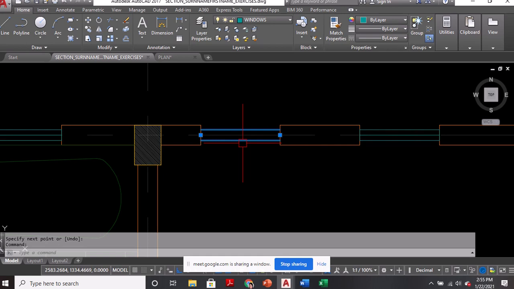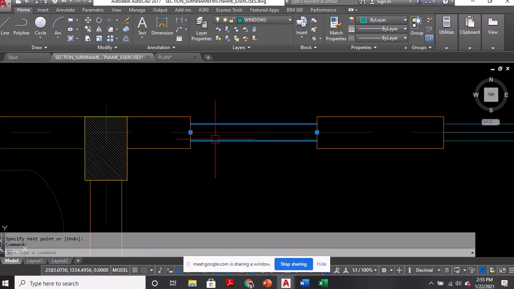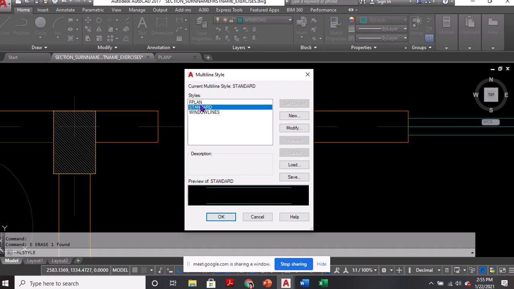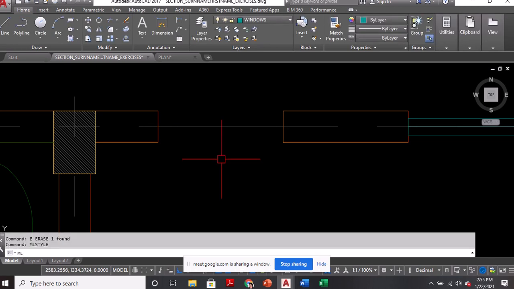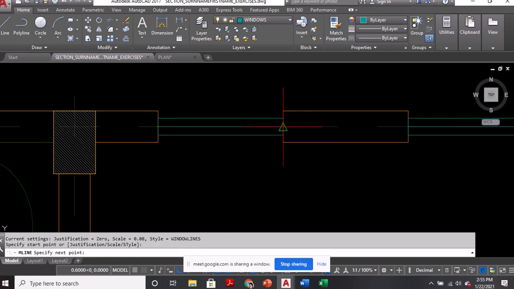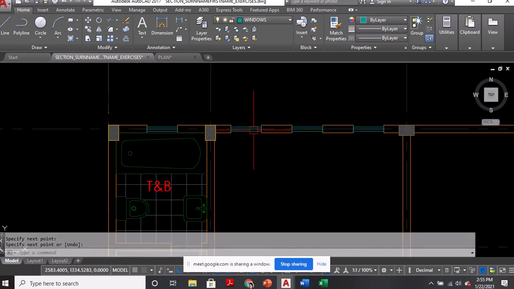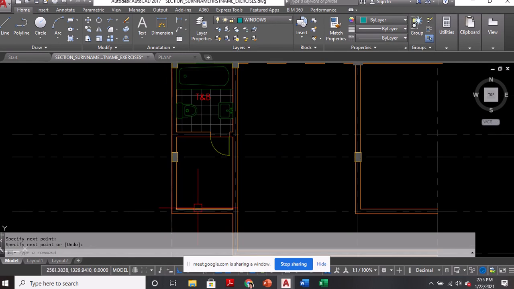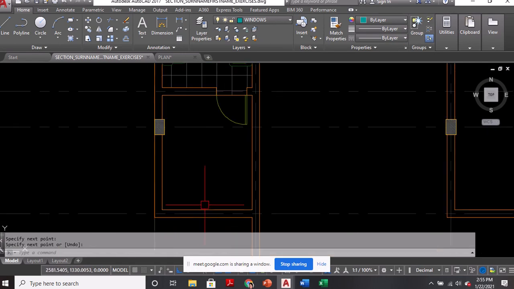Okay? Iba pala siya. So, this one is not standard actually. Di pala na set current yung ano. Pero, just the same process, okay? ML style. Pag na-set nyo siya, you should be clicking ML style. Window lines. Okay? Anyway, ML. Sorry for that. You might be a little confused, but I will create another video content para maka-follow kayo. Anyway, let's leave that. Doon tayo sa